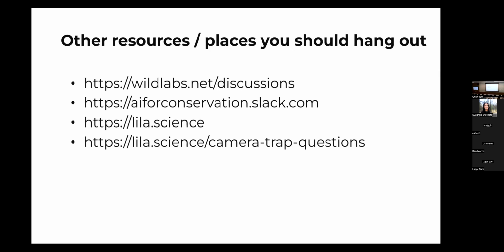Because Sarah and I have worked a lot on camera traps, I get emails about AI for camera traps a lot. And it has been really useful to distill the first set of questions that I asked those people into basically a form. It's actually a list of questions on GitHub, but it's basically a form where 99% of the time, if people just answer those questions, I can really get them pointed in the right direction about whether it's worth using MegaDetector, whether it's worth training your own model, whether it's worth even bothering with AI.